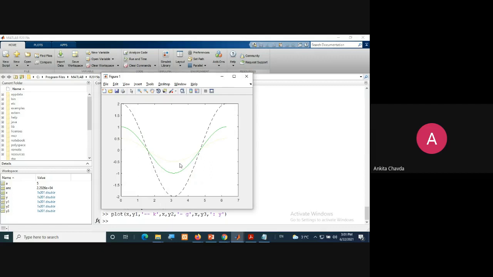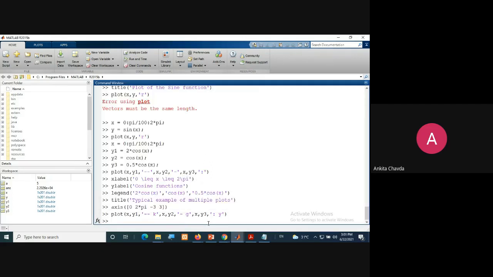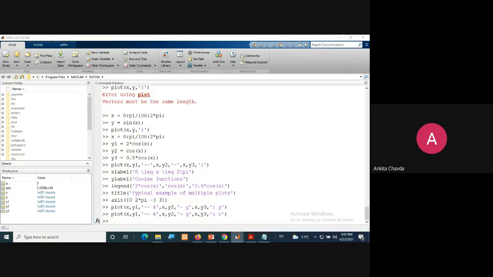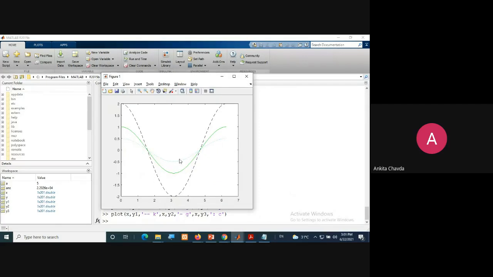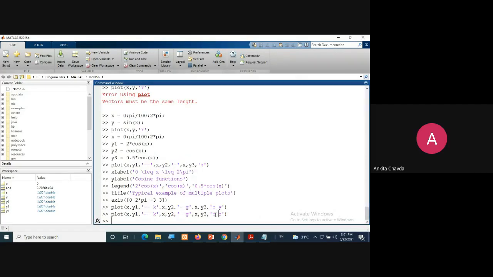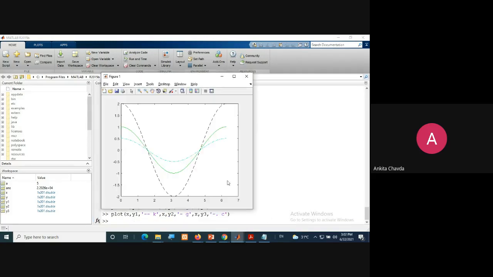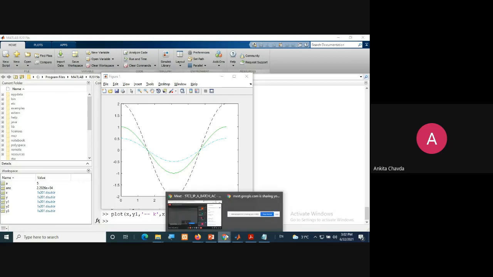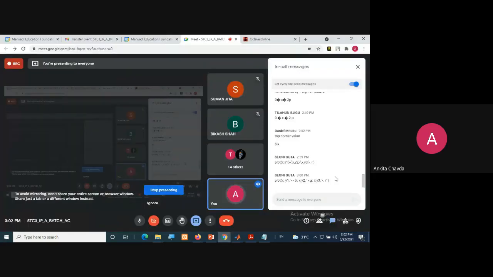So yellow is actually very light color. We will not be able to see it. So let's change to cyan color. That is also light, but somehow we can see it. Or we'll try dash and dot. Right? So now it is somehow visible. So this is how you can change the colors. Okay. And have you tried with marker? Please try that also. Marker.